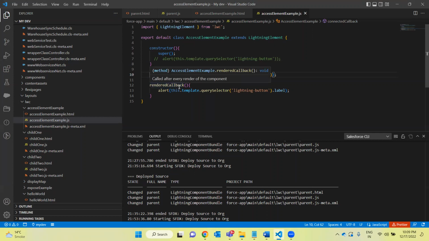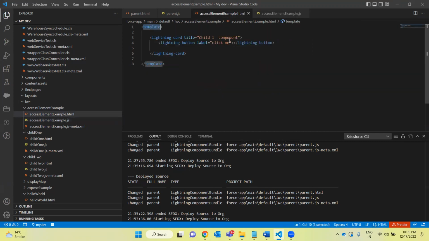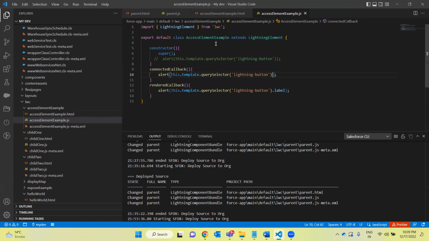So now let's see the example. For example, on the component creation, and after the rendering phase has been done, I want to change the label of this button. How do we do that? Let's see. Let's get this example. First of all,